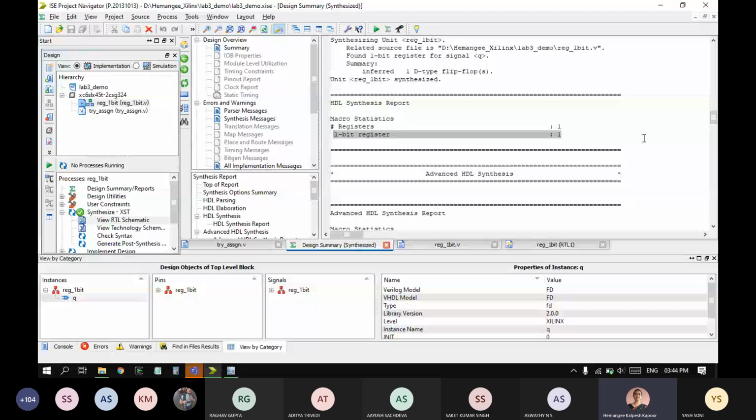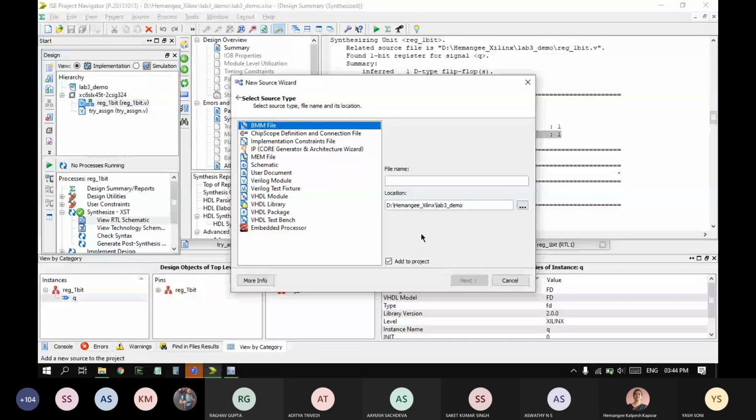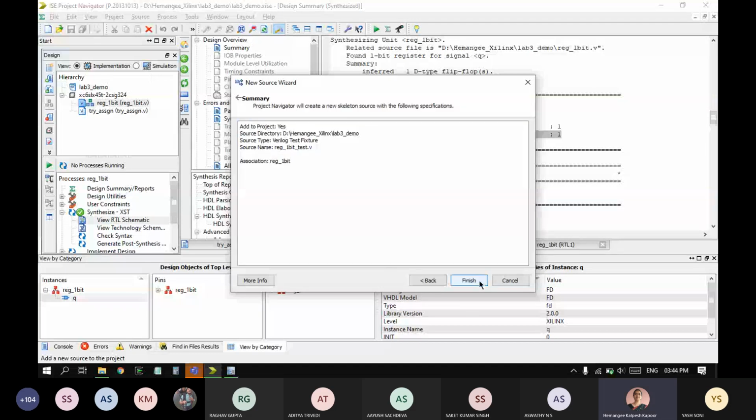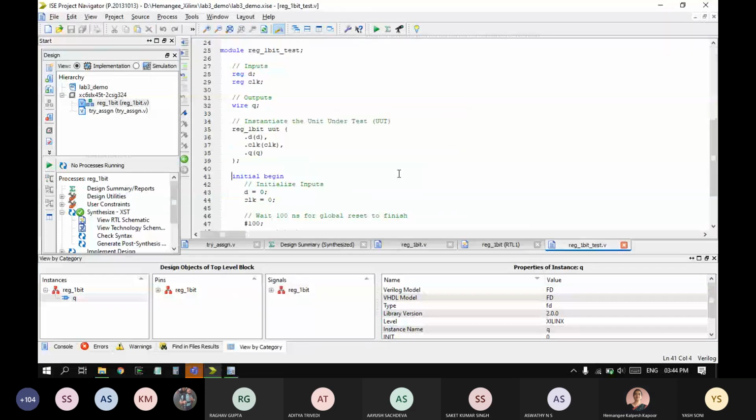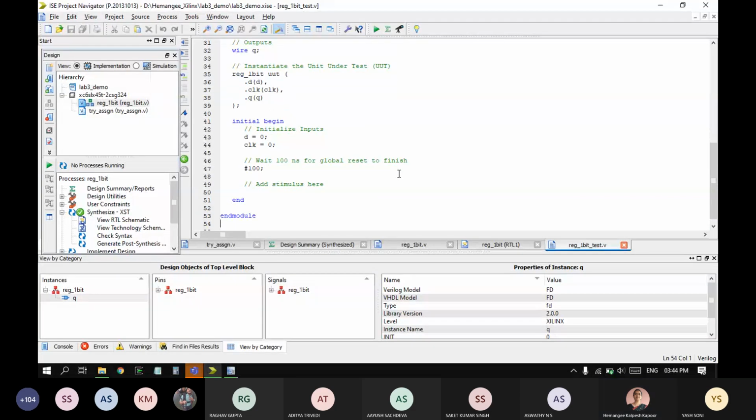Okay, so now once we have seen this, we'll try to generate the test bench for the same design. So add new source. Right.